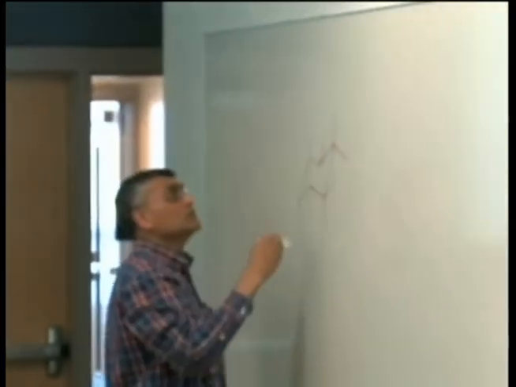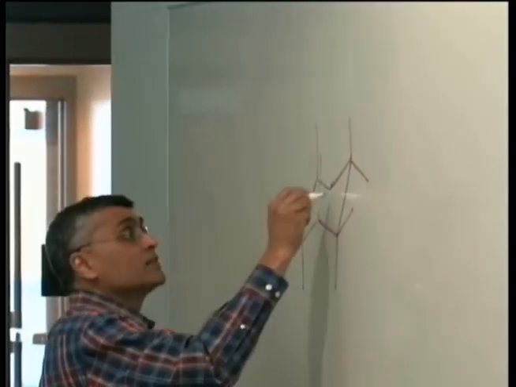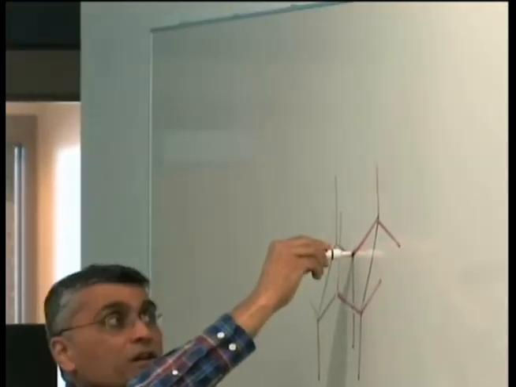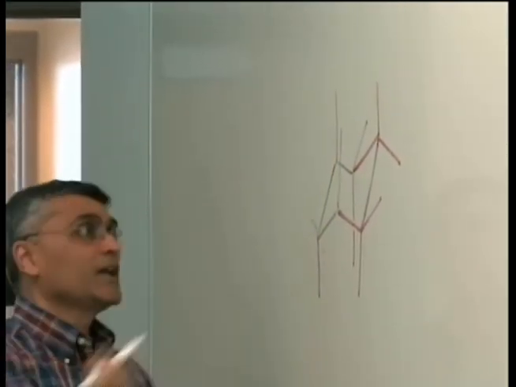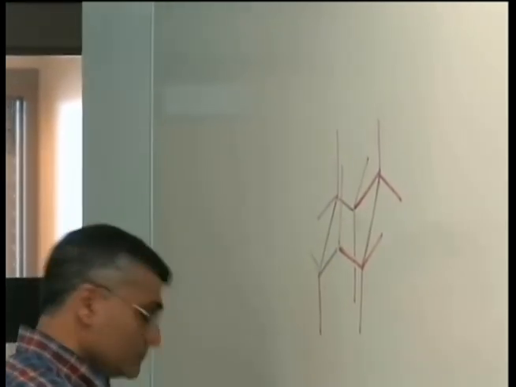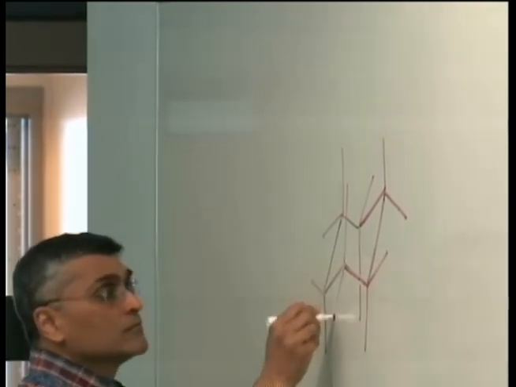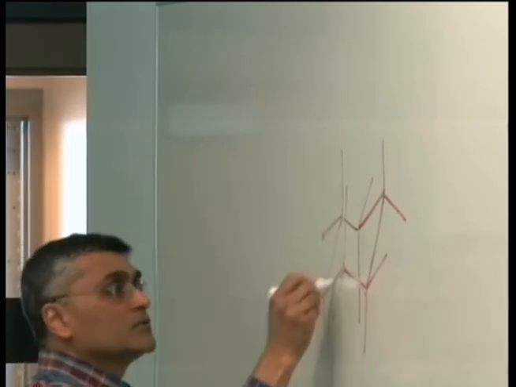So this is correct, but I'm simply erasing. If you want to draw an equatorial here, draw a line that is parallel to the alternate bond, which is this one. Likewise, keep going forward. This is parallel to here, this is parallel to this one, and this is parallel to this one. That takes care of all the bonds. Are you all with me? And that looks like a nice chair.